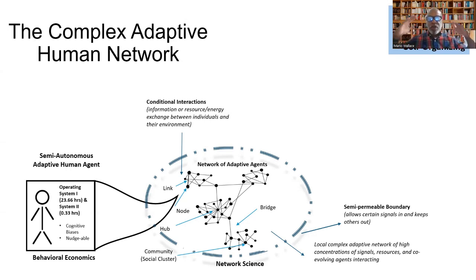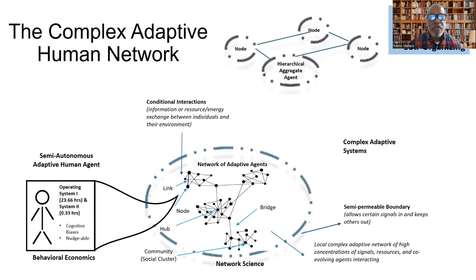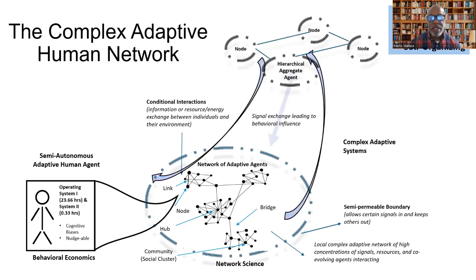Unlike a hierarchical organization where information is shared from top to bottom and bottom to top, in a complex adaptive network, information is not only communicated from top to bottom, but also throughout the organization and networks. Now, from a hierarchical perspective, the people at the top, the executive leaders, identify problems and solutions, and they push them down to the employees, who gather according to social networks based on conditional interactions. But as they push information down